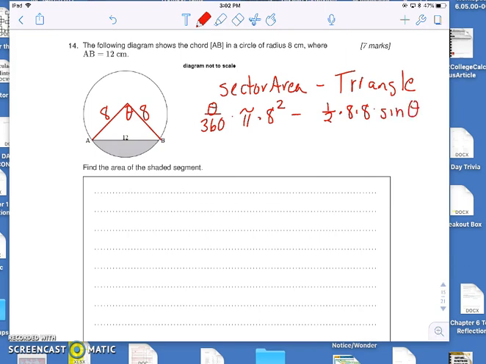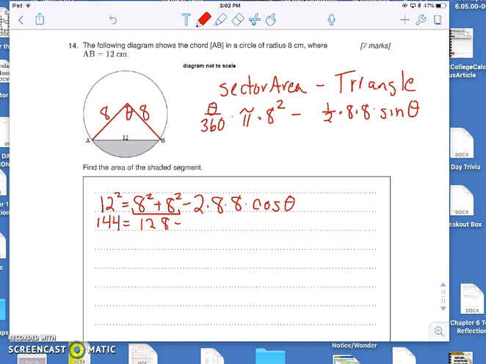So this would be a calculator problem, and what we have to do is figure out theta. Well, we could use law of cosines. So we could say 12 squared equals 8 squared plus 8 squared minus 2 times 8 times 8 times the cosine of theta. So we have 144 equals, let's see, 64 and 64, so 128